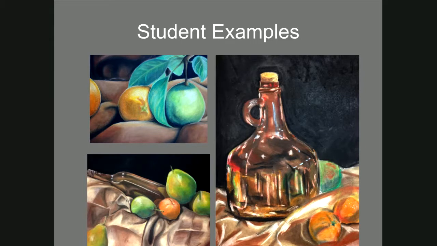And what I wanted you to see is, do you notice how, here on the bottom left-hand corner, you can kind of see the green of this pear sort of reflecting in the shadow of this orange. And you can see the pear reflecting in this bottle here. And the same thing in this bottle on the right side. You see some of these things, and whether the students knew what that was or not, they saw that color there and they put it there. And so you can see by paying closer attention, you realize that it's not just, oh, I'm going to color this all brown, because that's not really how we see. All right, so hopefully that will help you. And that is the color